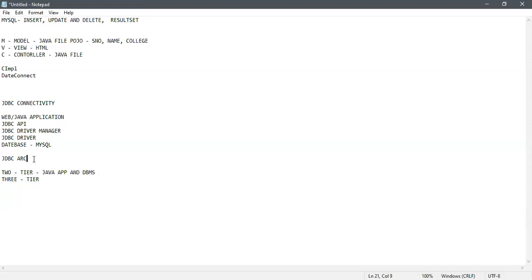It is not over here, I'm just mentioning it over here. JDBC, ODBC. So what is this? This is a bridge. So what is this bridge? On our Java application side, we have JDBC. And on the DBMS side, we have ODBC. So it will maintain a bridge to connect the application to the database.